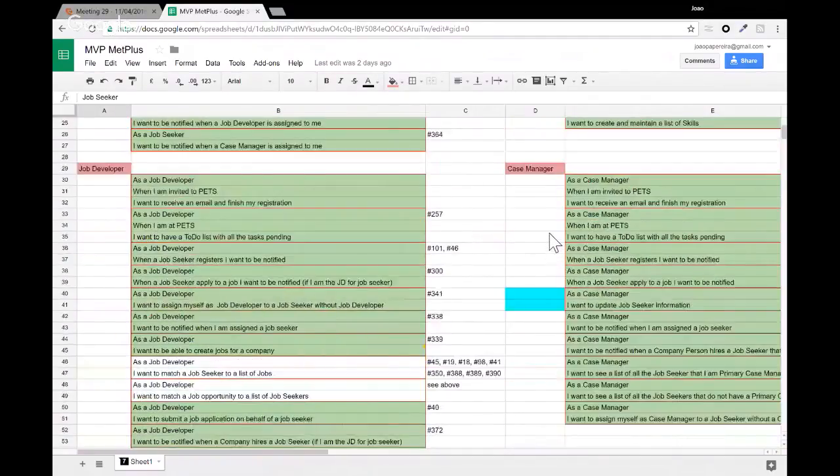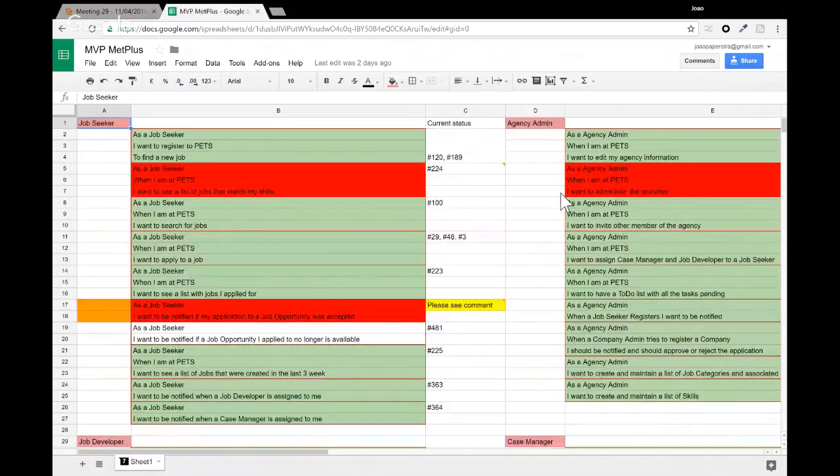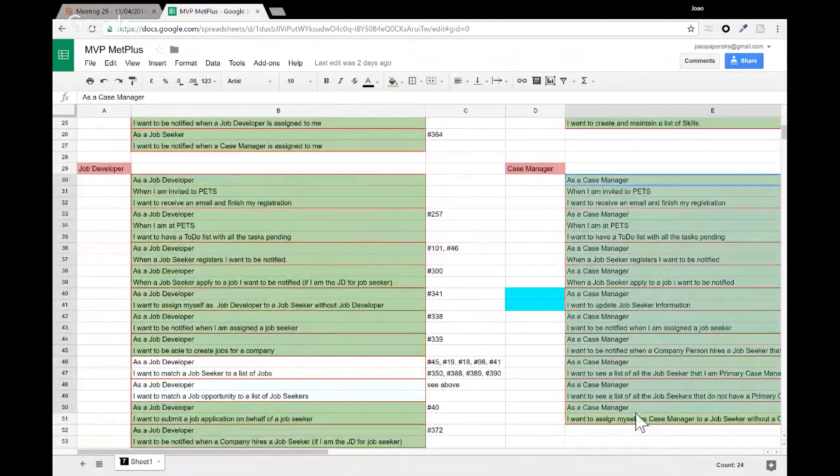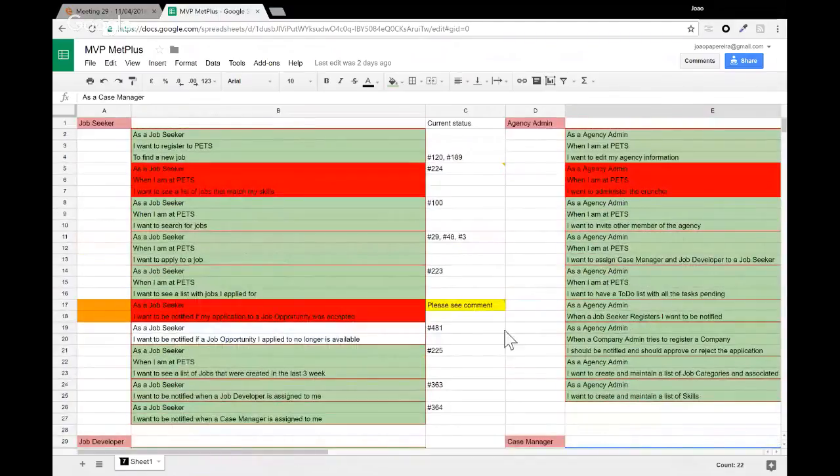As you know, we already closed some of the things that we do. For the agency administration, all the tasks that we talk of as MVP tasks are already completed. All the ones related to the case manager are also completed. In terms of stories that we're missing, there is this story here: as a job seeker, I want to be notified if a job opportunity I applied to is no longer available.